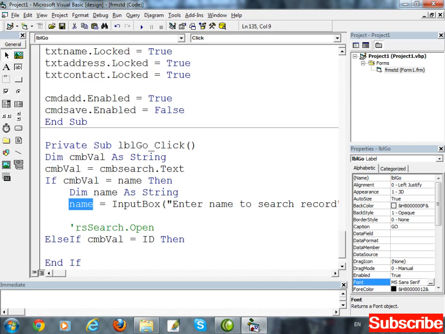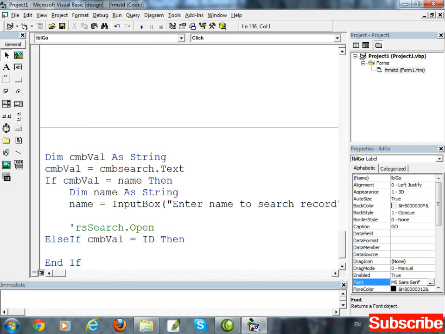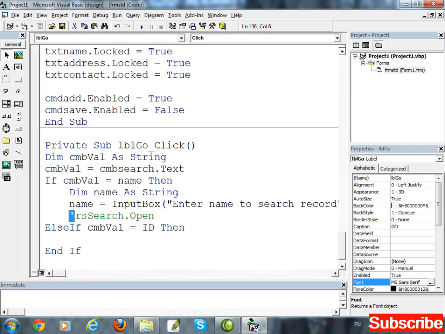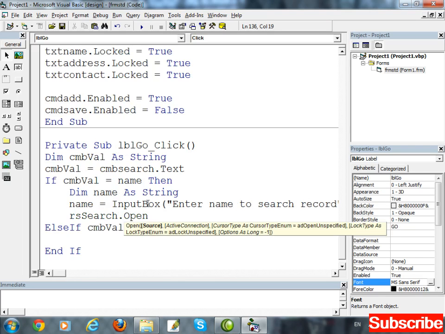Now using the name variable, we will search the record inside the database, to check whether the name which the user has entered in the input box exists in the database or not. So start the record set, RS dot open. In source, we can write the name of the table, but here we are writing the query.